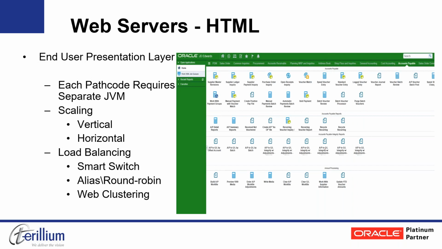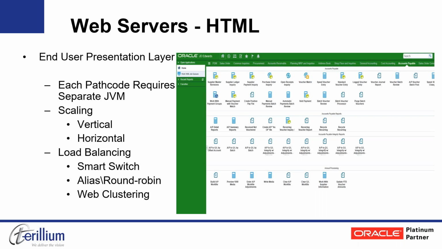So again, the web server HTML, everybody should be familiar with. This is a standard opening page with a great deal of E1 pages being added. It's the new method to present our system as opposed to the old menu structure. Typically, we need one of those JVM processes built for every single path code. And again, if you have, say, over 70 to 80 users, we start thinking about load balancing and providing more of these servers either on the same